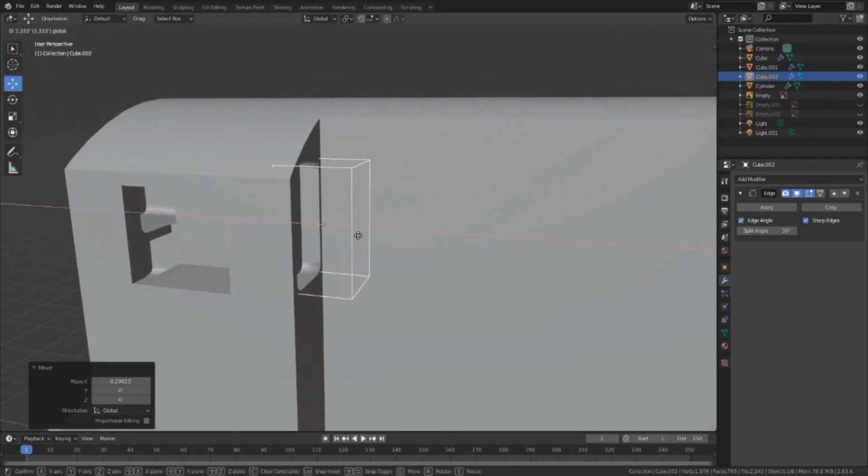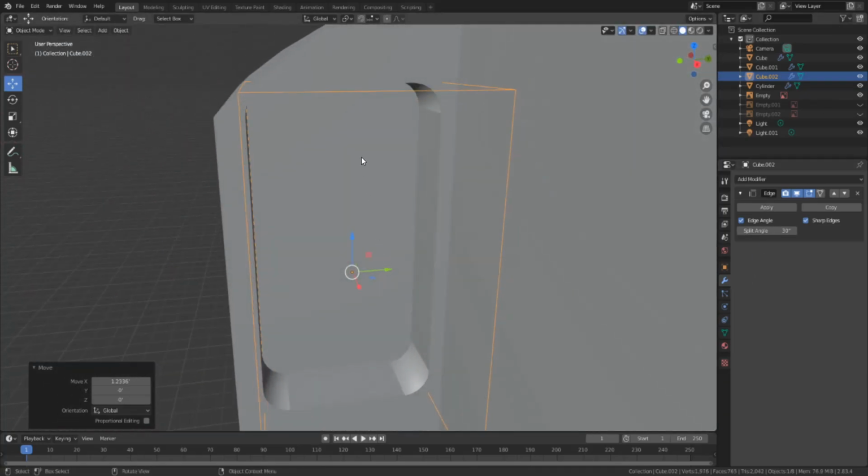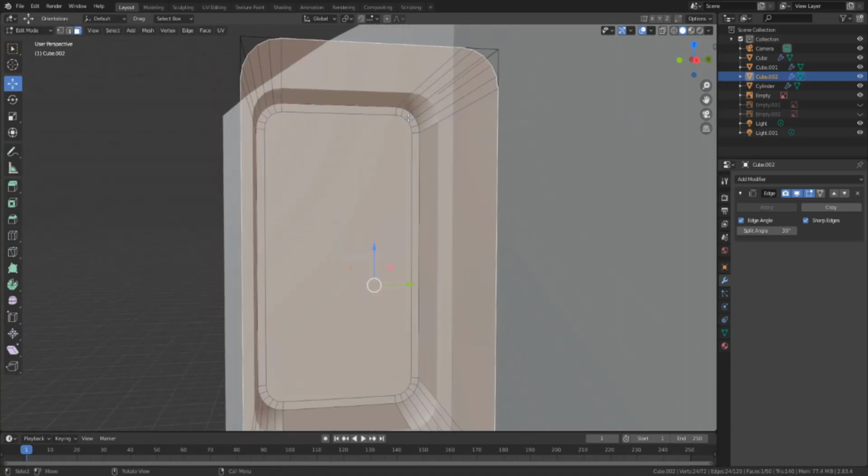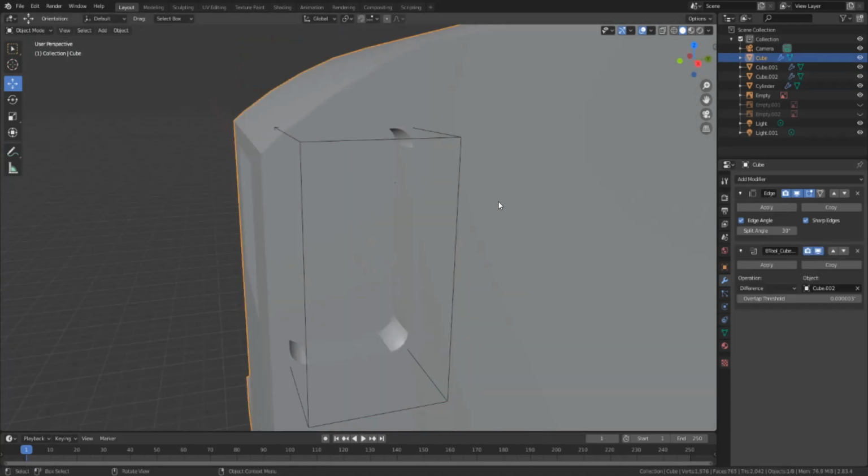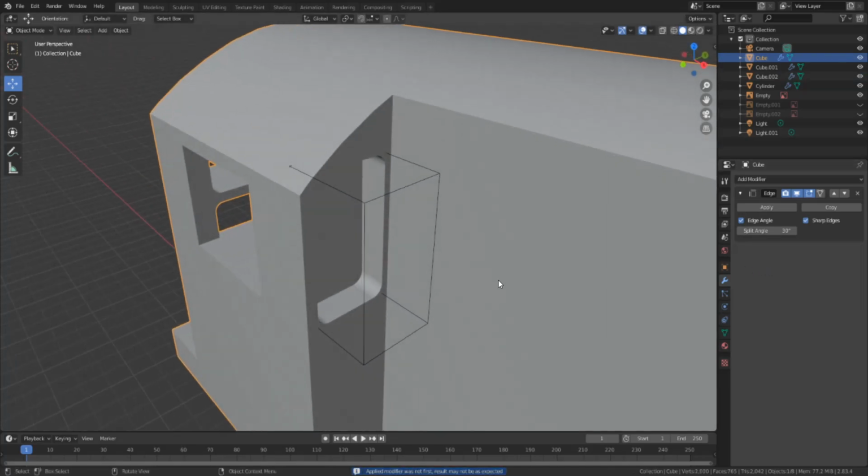And actually I have to keep that, can't cut it all the way through because we have to keep the seal on there. So we'll just go over here, apply the bool tool,